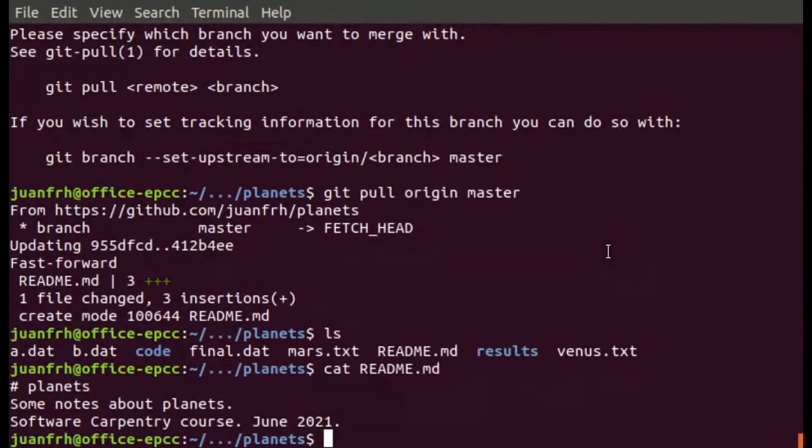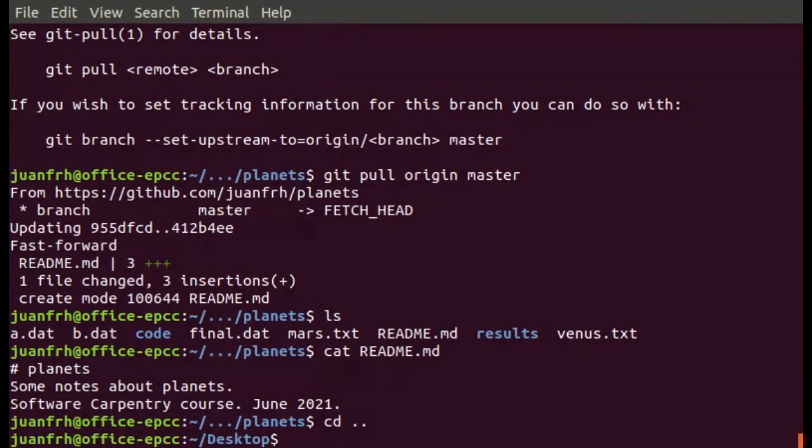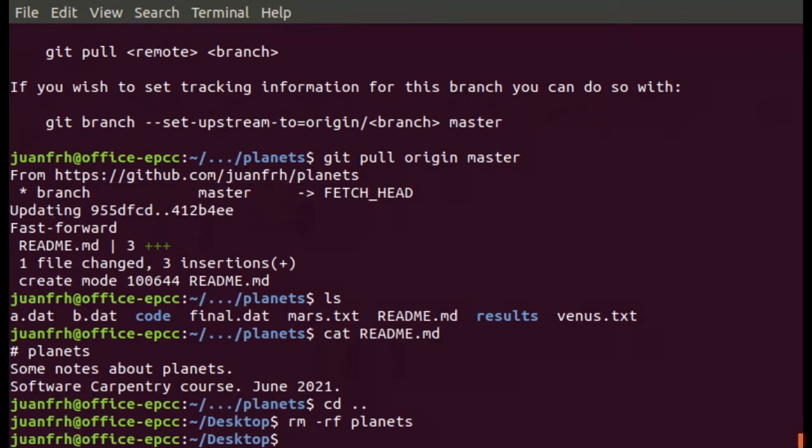Now, imagine that. Okay, if I go cd, let's say that I delete planet. I delete the local repository because everything is in the remote. Okay, what I would advise: don't do that. You can either change to another folder or do this git clone in case your local repository is still not uploaded. But okay, what I will do is remove this repository, and I will do